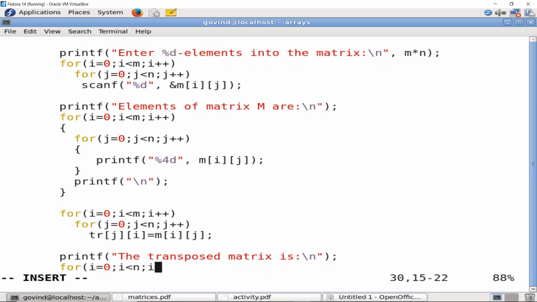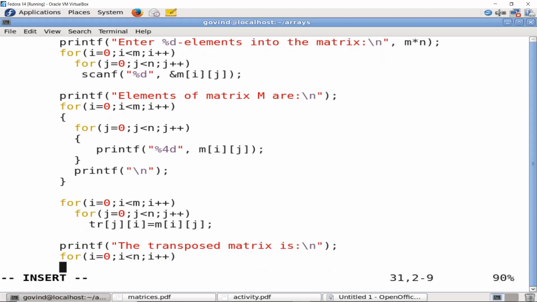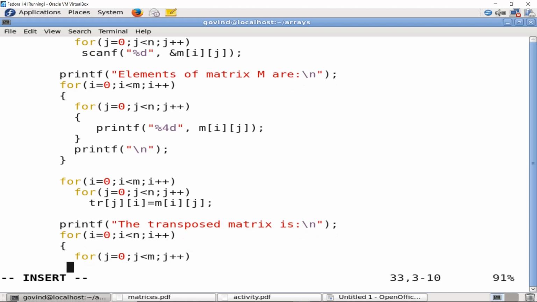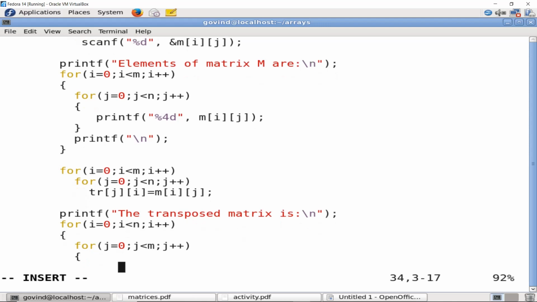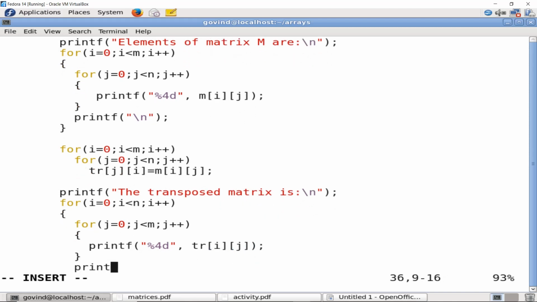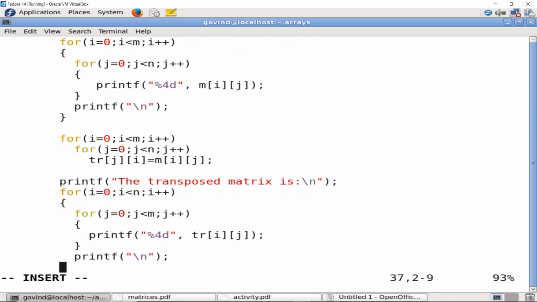Why is it n? Because the rows and columns have been swapped. For j equal to 0, j less than m, j plus plus, printf %4d, TR of i j. Use a new line to separate out the rows.